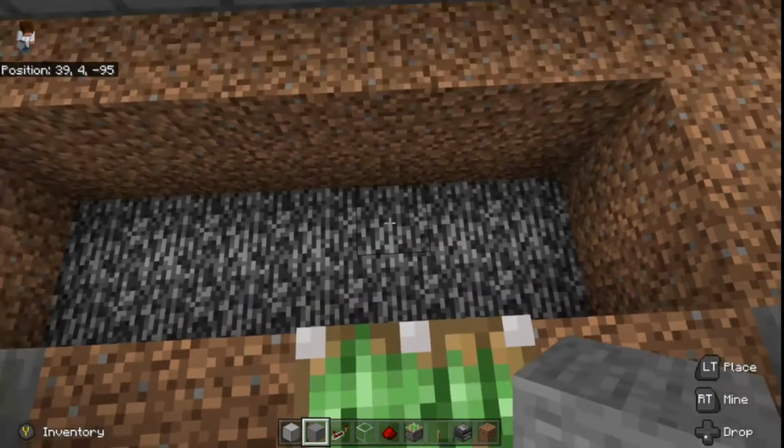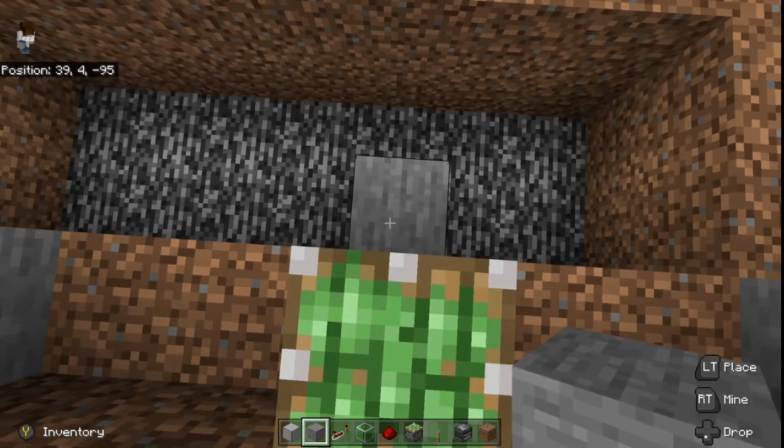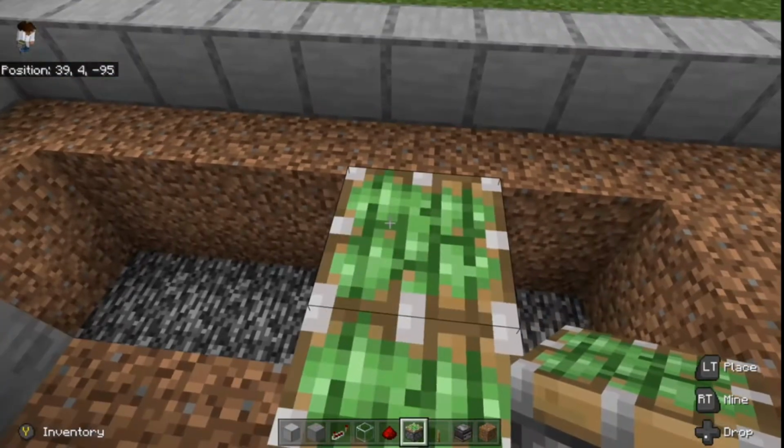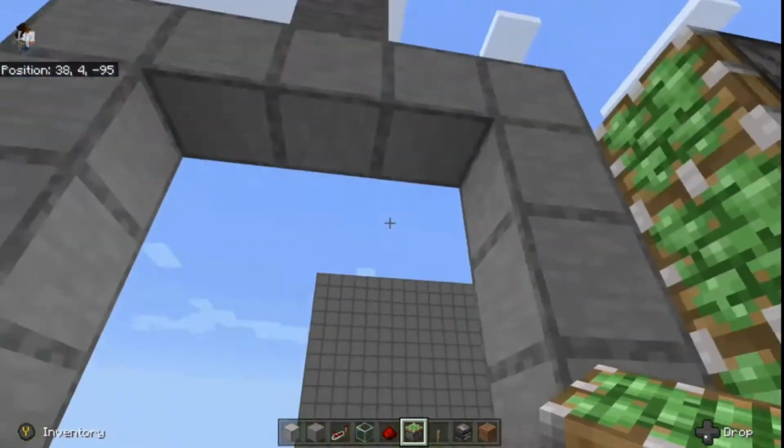To help us place it, grab a building block. We're going to put that in right there, like that. And then of course your 2 pistons right on top, like that. And then finally, we need our piston on the top, so spin around right here, take a look up, and